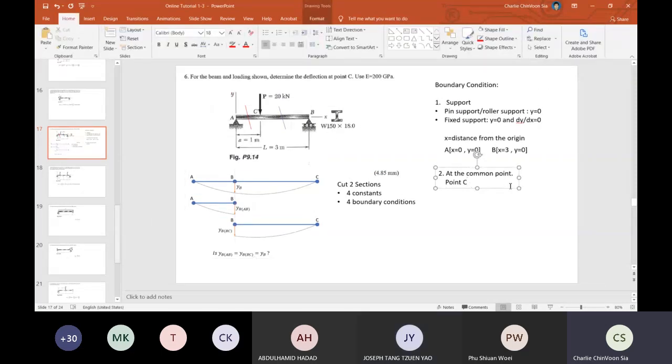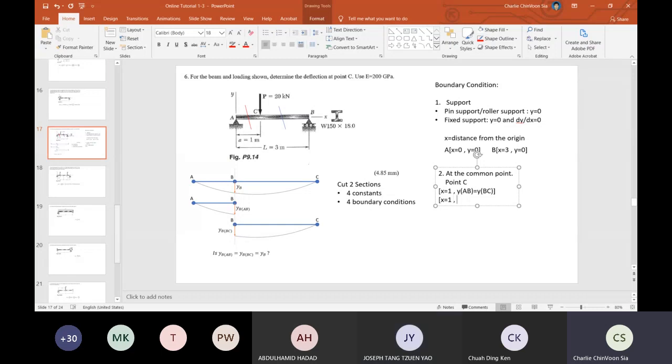So from this diagram we can conclude, back to this question. At point C, the location from the origin will be 1. When x equals 1, y for AB equals y for BC. So this will be one boundary condition at the common point. And after that, when x equals 1,